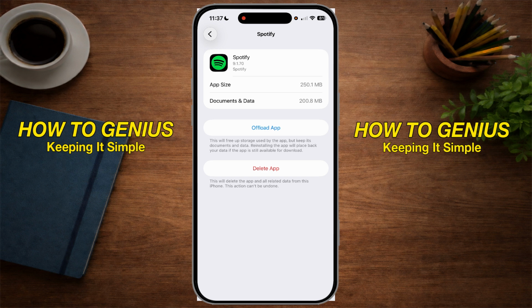So there's a couple things you can check, and if those don't say update or an update is quote unquote not available, you can always do this method and offload the app and reinstall it for the newest version of any app that you